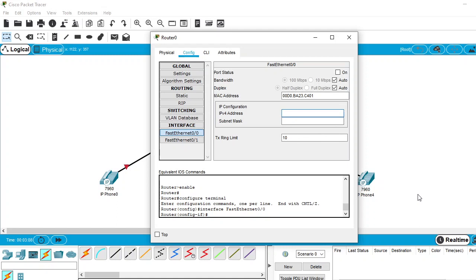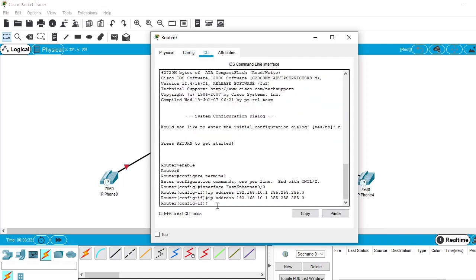So let us take the router IP address as 192.168.10.1 and click enter. The subnet mask will appear automatically over here, and here below you can see the command line interface. So we'll have to type the command no shutdown to activate this